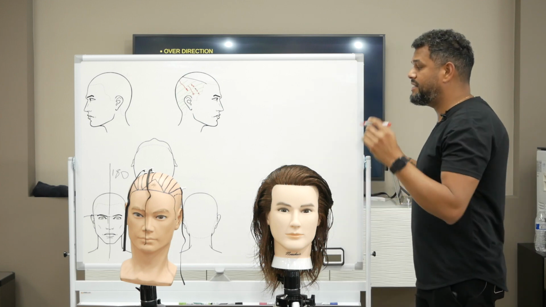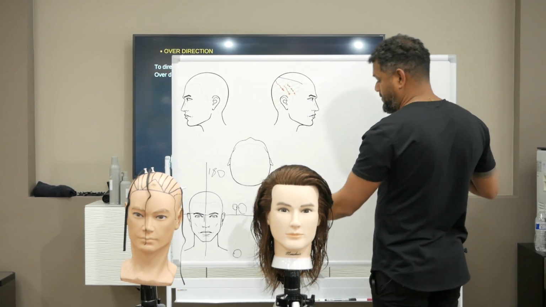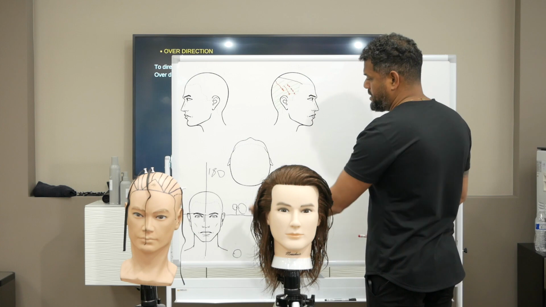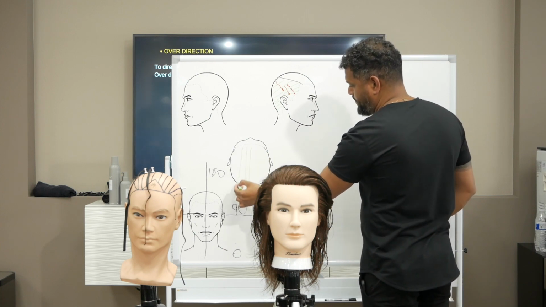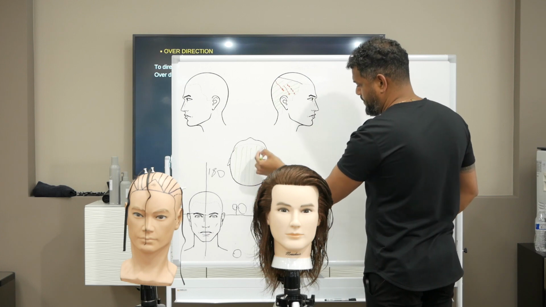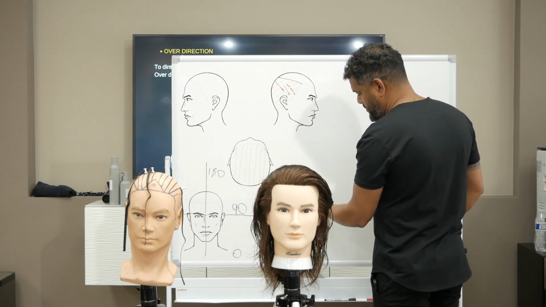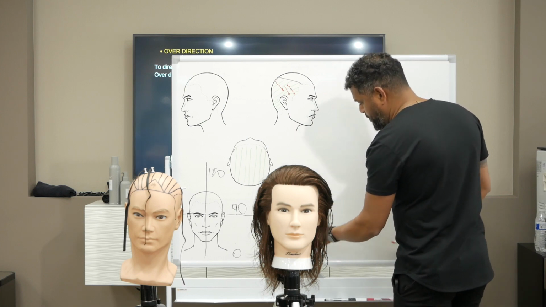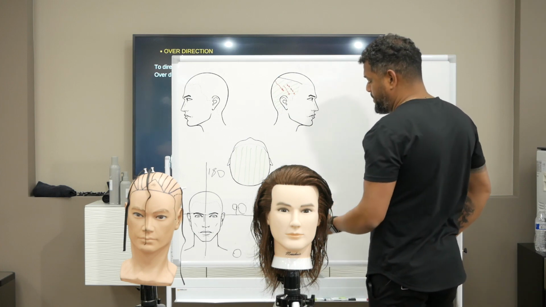To create a triangular shape, all we're going to do is you have the sections. I can even do here too. That's my subsections, what we're going to learn soon. To create my triangular shape,